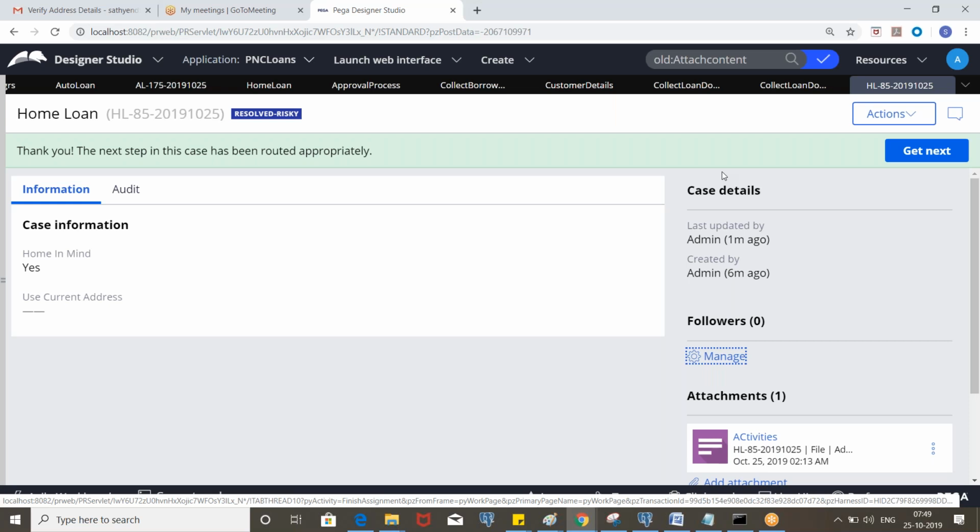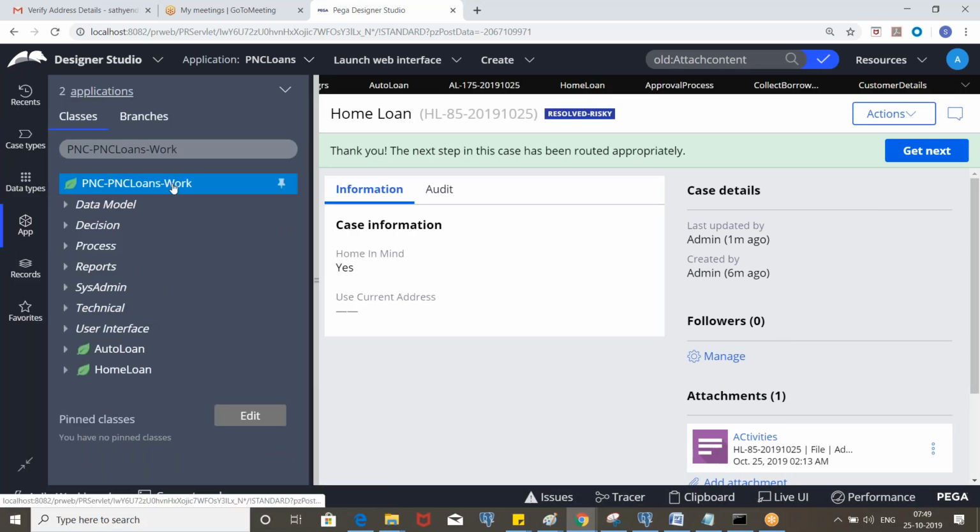Okay, so now you can explore more about these things. Go to the PDN and you will find a lot of information about the out-of-the-box local actions which we use frequently. Any questions so far?